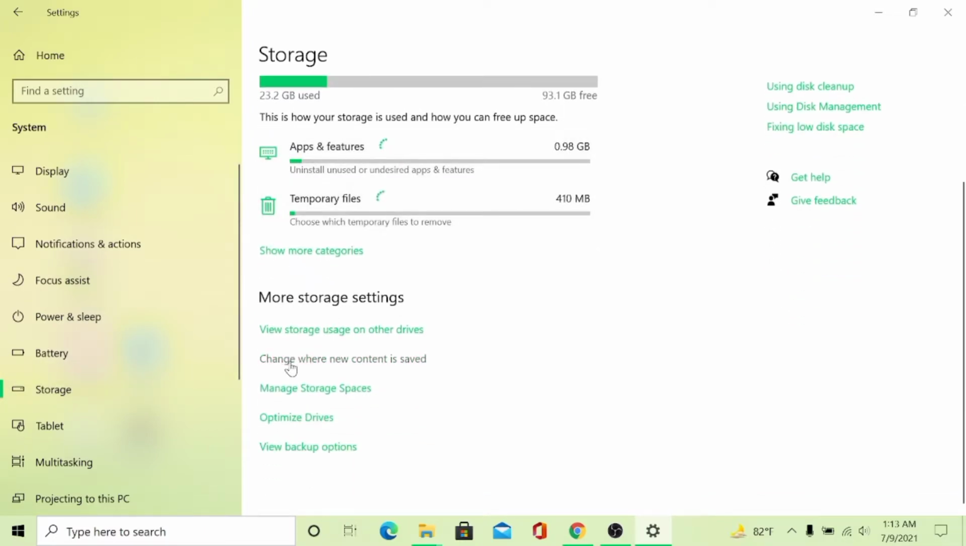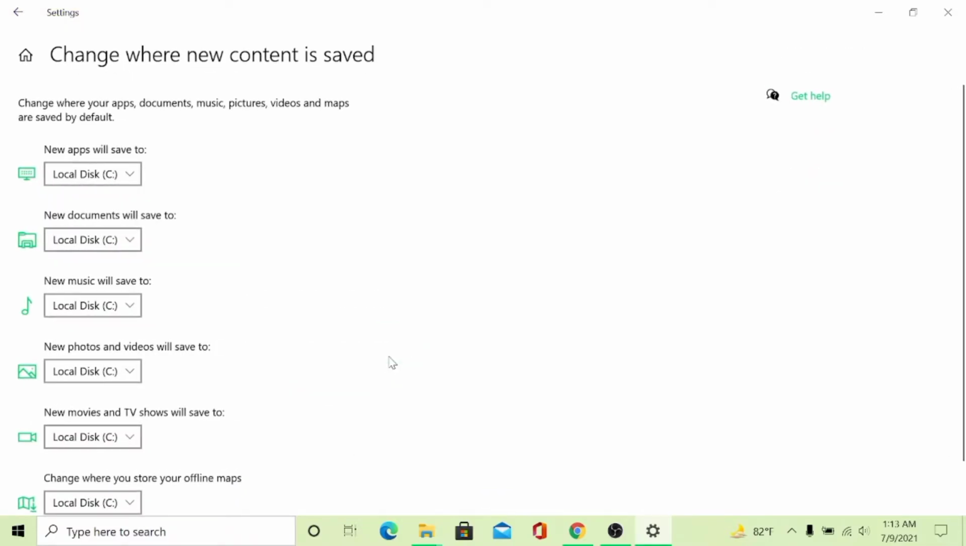and go down, and here you can see change where new content is saved. Click on it, and here you will find all the options. So here you can see all the new apps will save to local disk C. It means when you will install any apps, it will save to your local disk, or